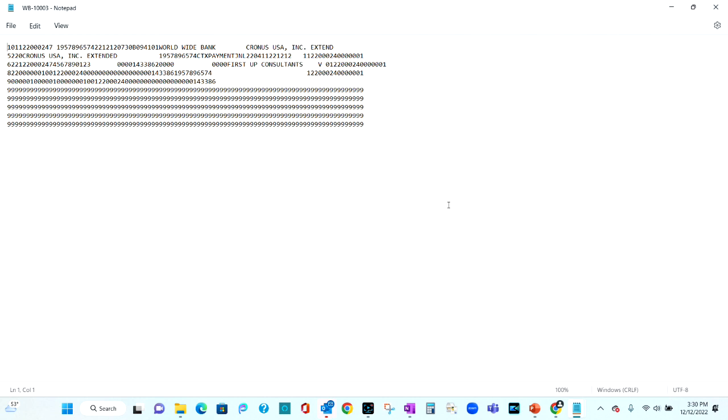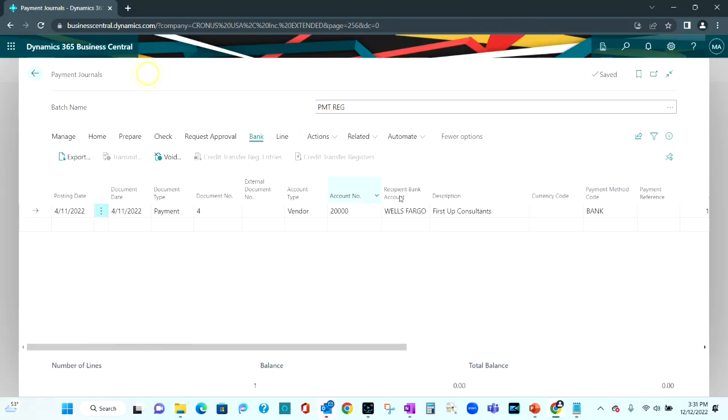Here's what the file looks like in my system. Now I've set it up with some information about the bank from which I'm sending it, my vendor's bank, and the specific payment that I'm making today. So this is the file that I would then send to my bank. They would go ahead and put this into their system, and the payment would be made through the ACH system to my vendor. Once I've generated the EFT file, I can go ahead and post this journal,